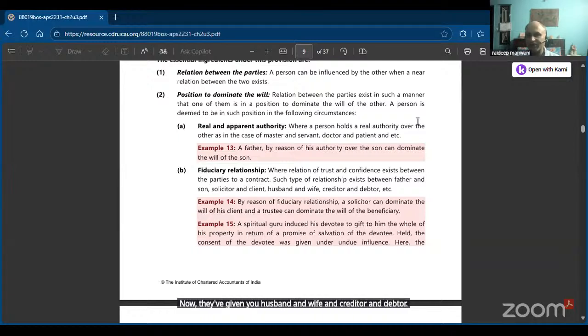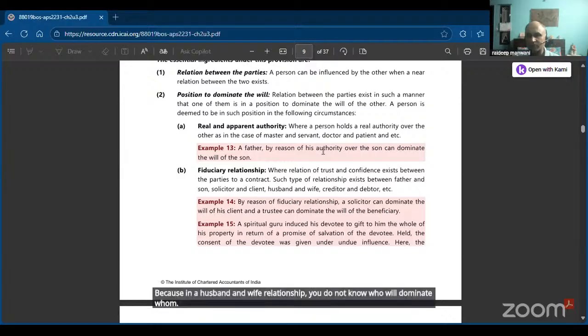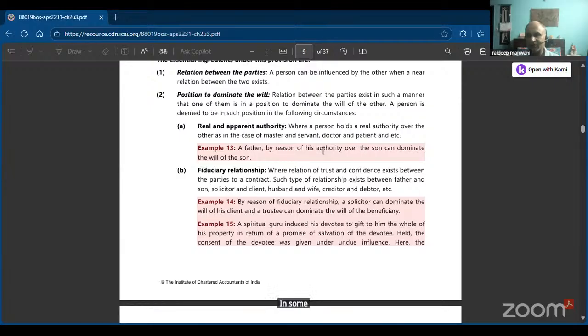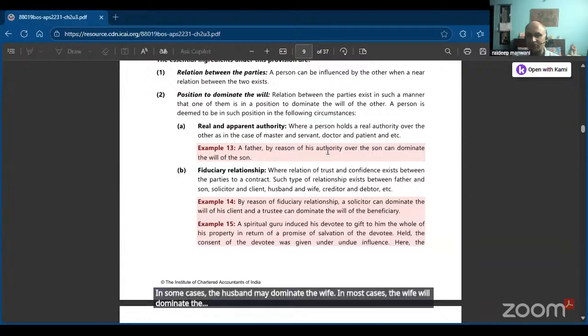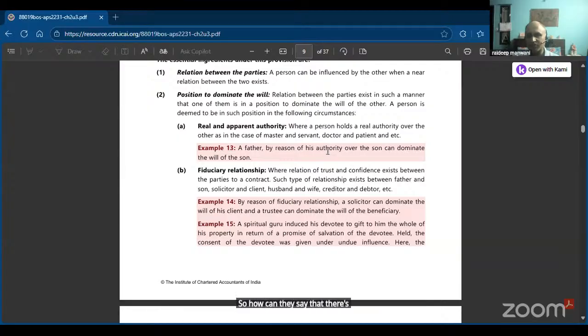Now they've given you husband and wife and creditor and debtor. In husband and wife, and creditor and debtor, there is no relationship of domination. You know why? This is absolutely rubbish which they've given. Because in a husband and wife relationship, you do not know who will dominate whom. In some cases, the husband may dominate the wife. In most cases, the wife will dominate the husband. So how can they say that there's a relationship of domination? In olden days, 1920s, 1930s, husbands used to dominate the wife. Nowadays,